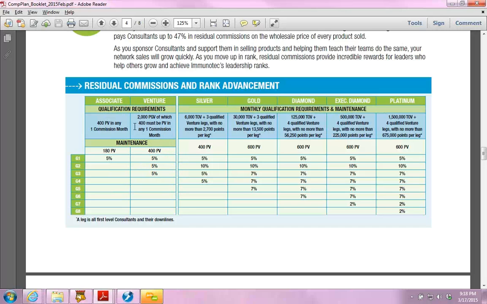It says you need 2,000 personal group volume, PGV, of which 400 must be personal volume, PV, in any one commission month. So let's translate that stuff. I think we know the part that says you must have 400 PV, personal volume. So that means you yourself have to have purchased 400 points in product to be paid as a venture or to become a venture. And you have to have 2,000 PGV, personal group volume,